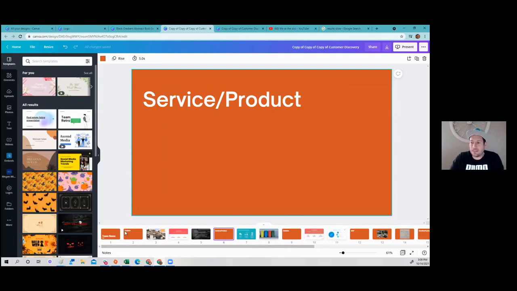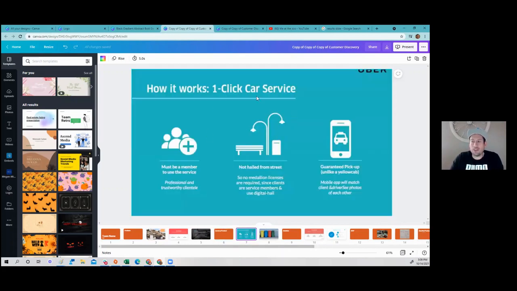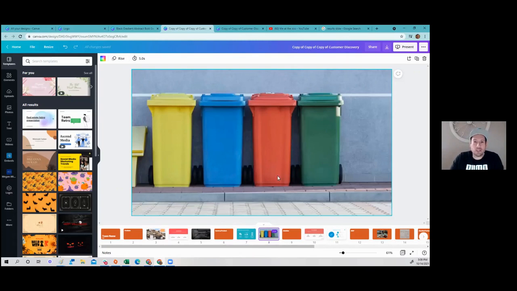So the second, I guess we're at the 3rd slide now, the service or product should just be telling me what your service or product is. It's more of the techie side of the description. If it's a 3-step, like here's how our service works, 1, 2, 3, you can do it in that format. Or it could just be a picture that articulates the point, and you could add extra bullet points.